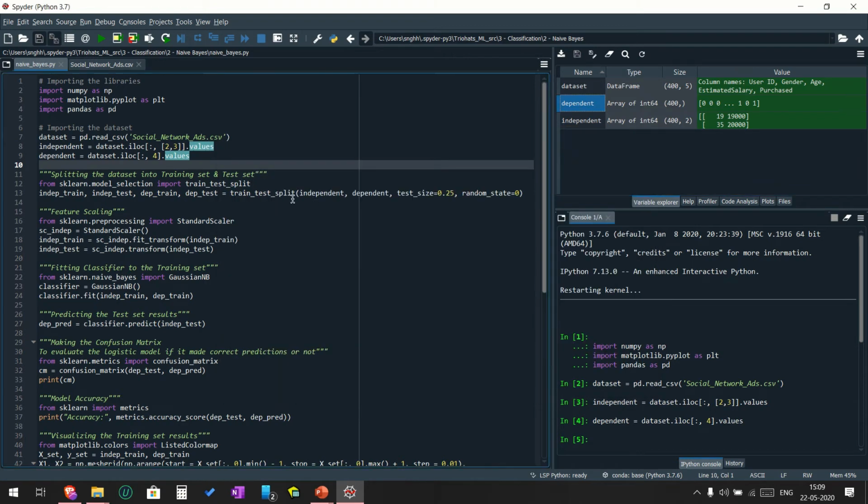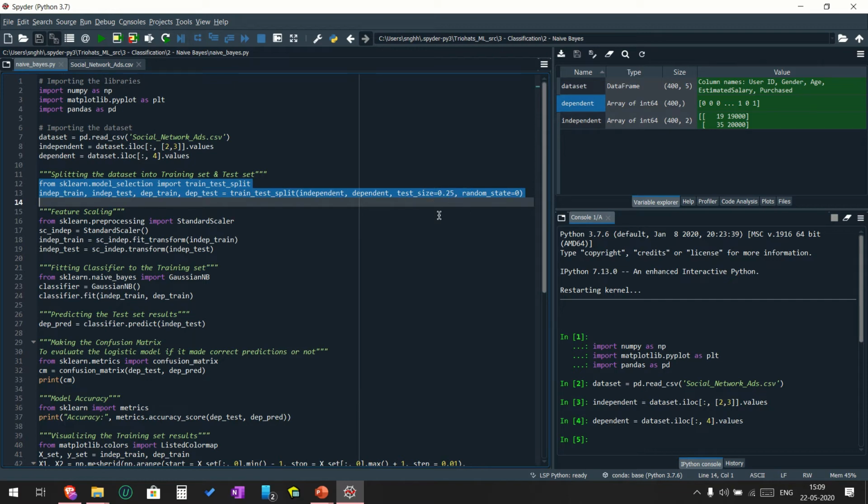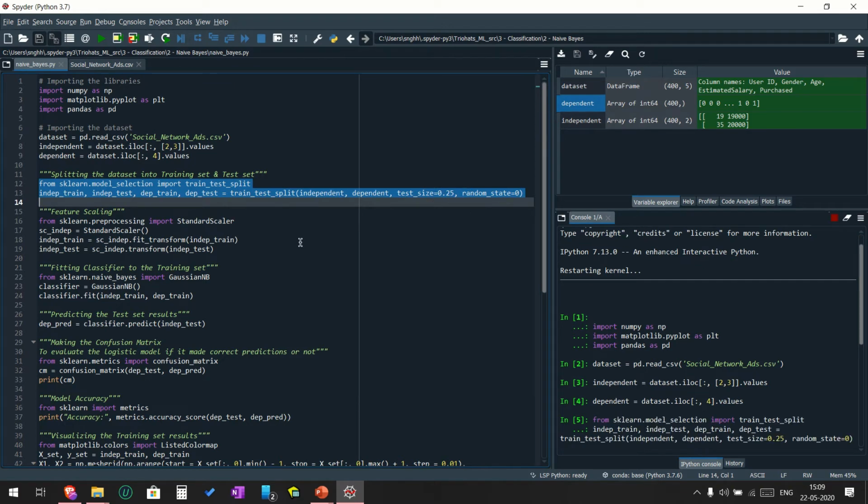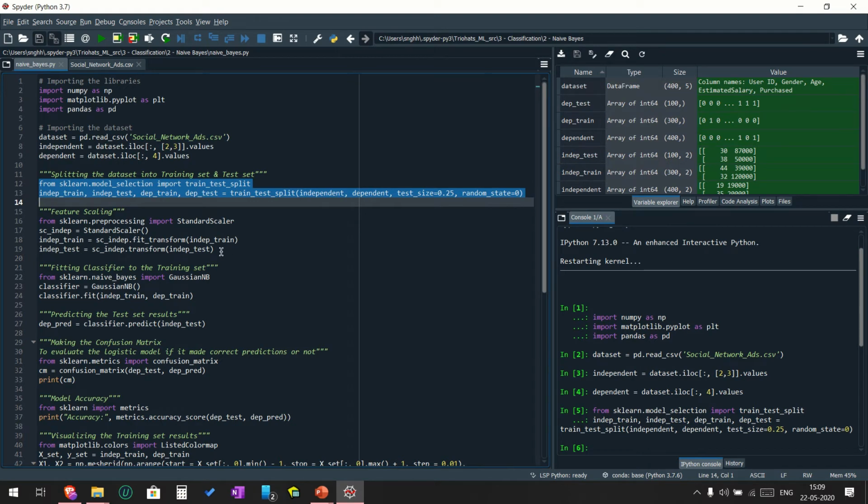And now we'll split the dataset into 25% test set and 75% training set, and we'll use feature scaling.